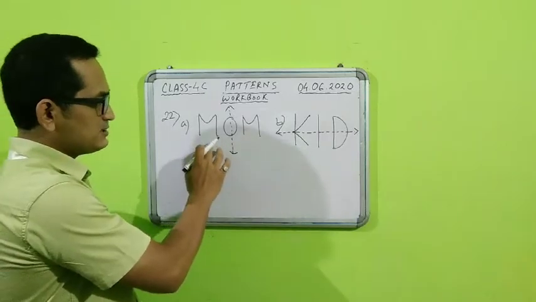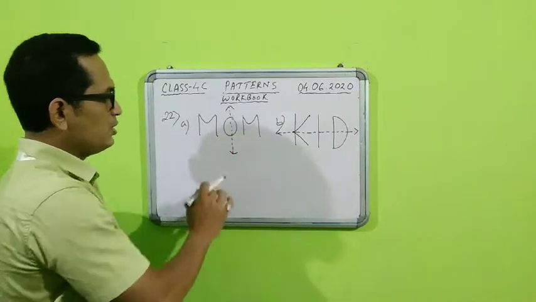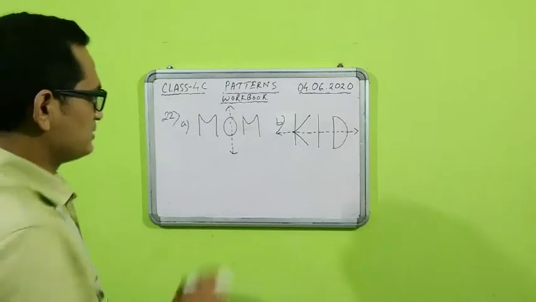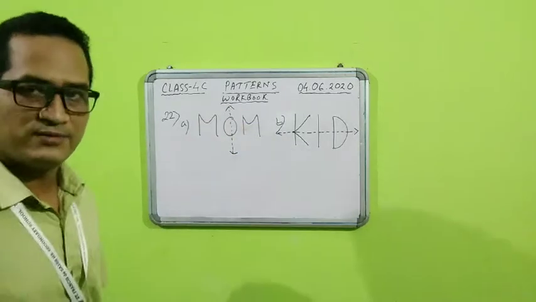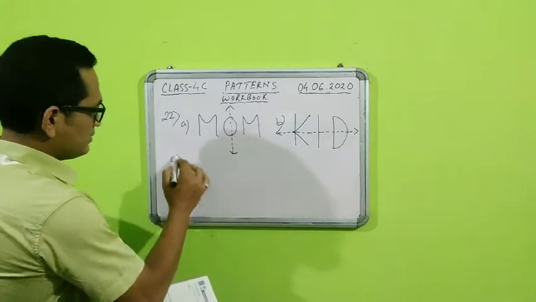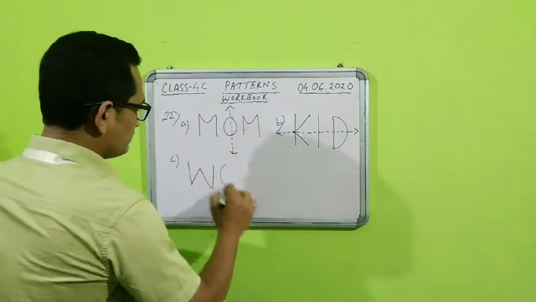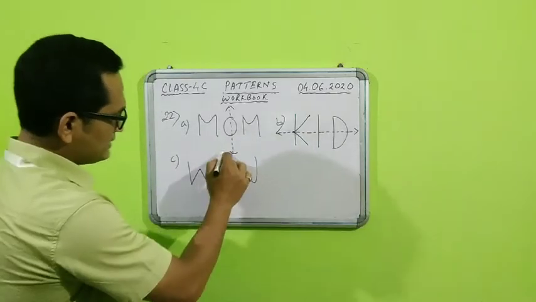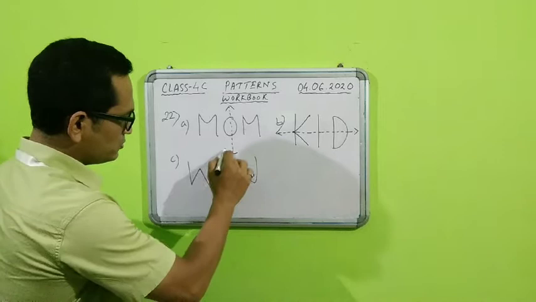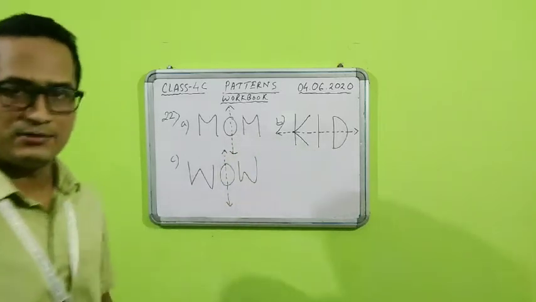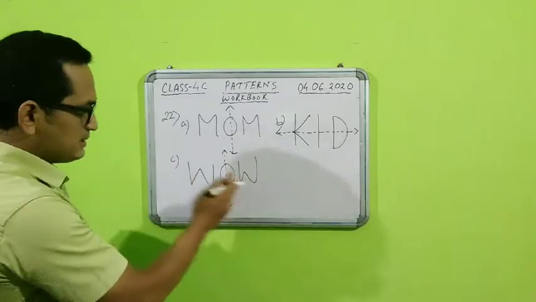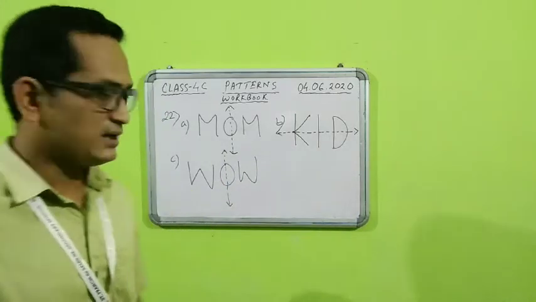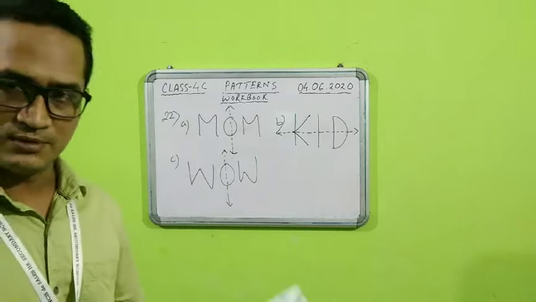Here the letters, if you see, M and O, we can divide vertically, that means vertical symmetry. So that's why it is given as vertical. Number C, the word is wow. If you have to divide this wow, we have to divide it through the vertical line of symmetry. Then the left hand side half and the right hand side half will be the same. So that means this will be the line of symmetry for this board.